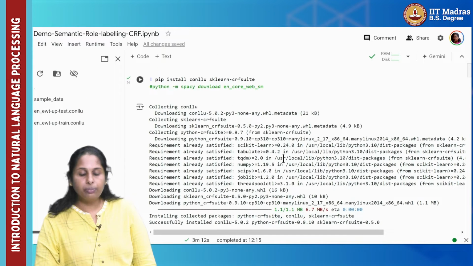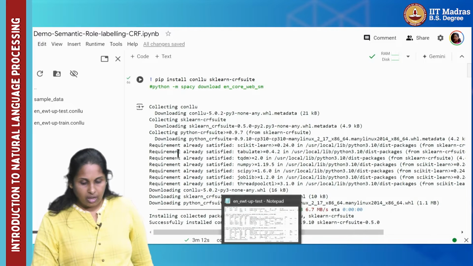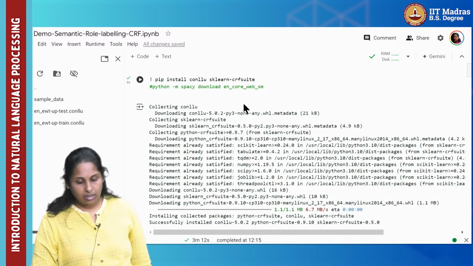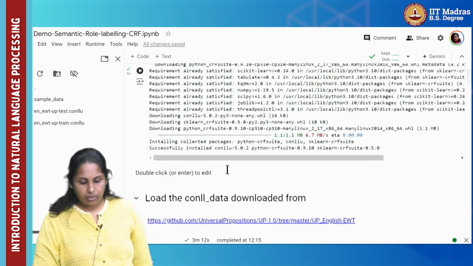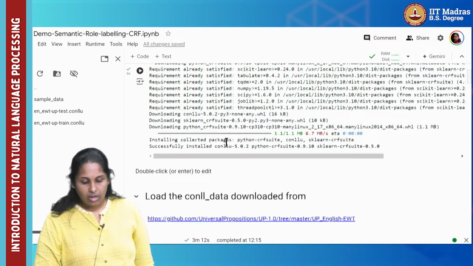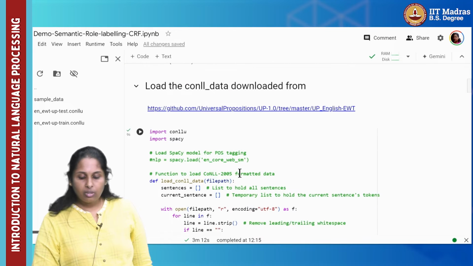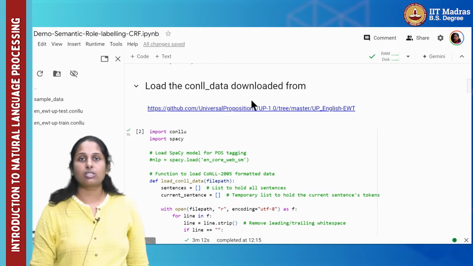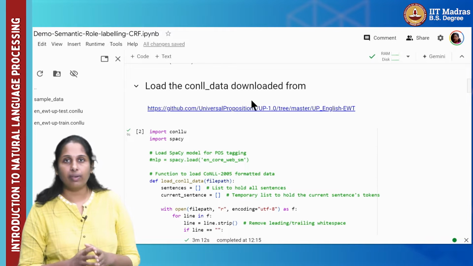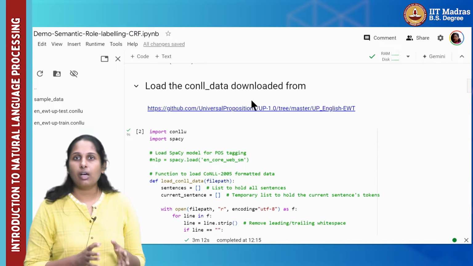Now, how to implement it using the CRF. Let's start with implementing it through sklearn CRF suite. Again, let's install that one. Once we install the Python CRF suite, then we can download the data. I have used the data from the Universal Propositions data set. They have a number of treebanks where each of the sentences is marked for